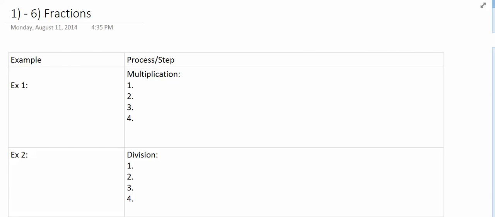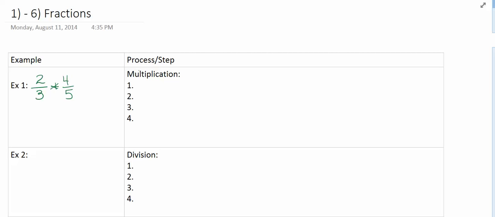All right, this is for Algebra 1. We are looking at fractions and some operations with them. So the first example that you have in your notes is 2/3 times 4/5. Now, when you think about multiplying fractions, there's kind of some steps involved that we want to always make